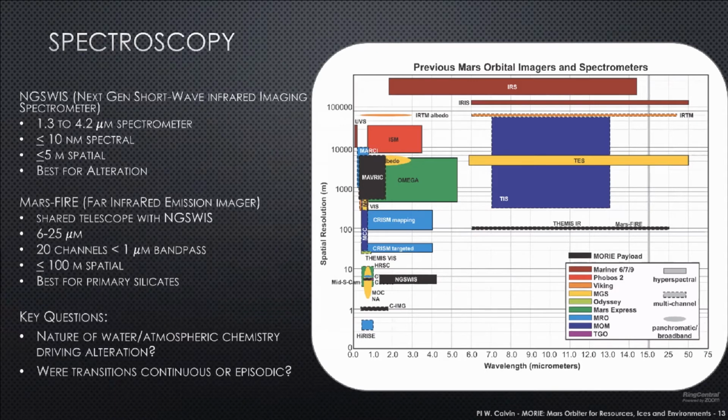At the same time, we have a Mars far infrared emission imager, Mars Fire. We're going to do a shared telescope between the 2 instruments that saves some mass. 20 channel class and circa 100 meters spatial resolution. So that puts us right on top of the THEMIS IR multi-channel imager, but MarsFire will extend the wavelength range out to 25 microns and will have much better spectral fidelity. And so this will do a better job at actually identifying those primary silicates